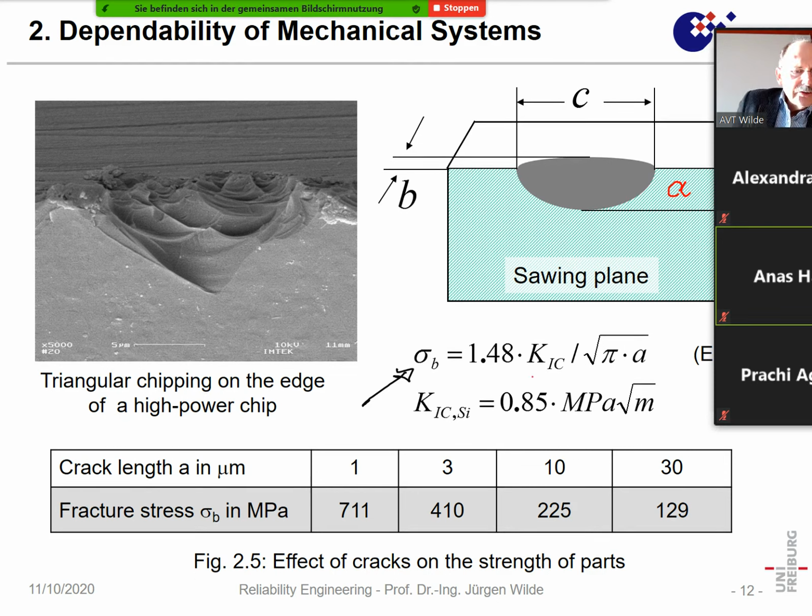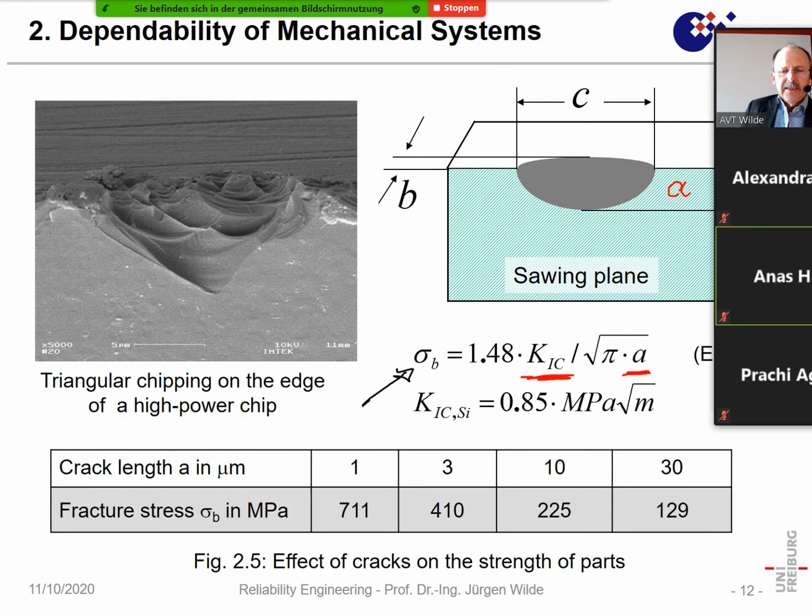That fracture toughness is the material property, but on the other hand, it is also a result of the crack lengths we have here. And now, using this simple formula, we can compute, and please note, we have taken a crack length or crack depth